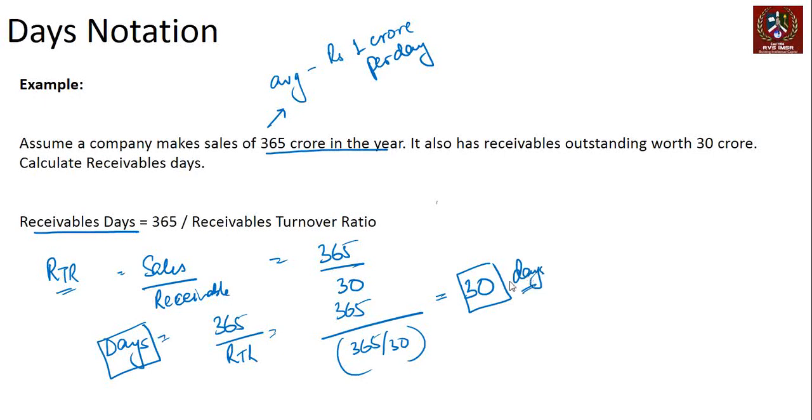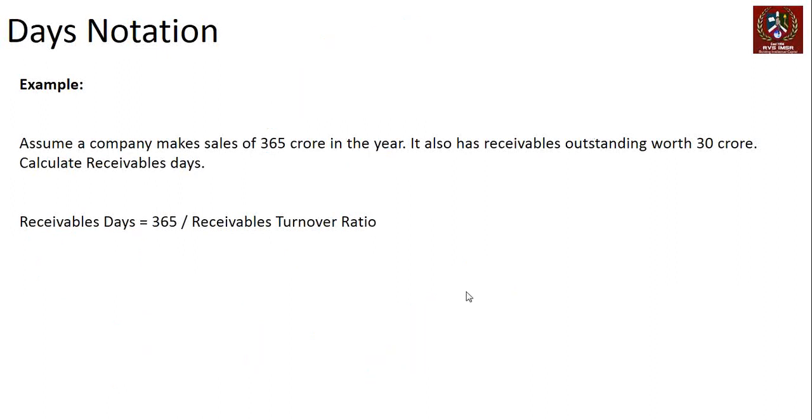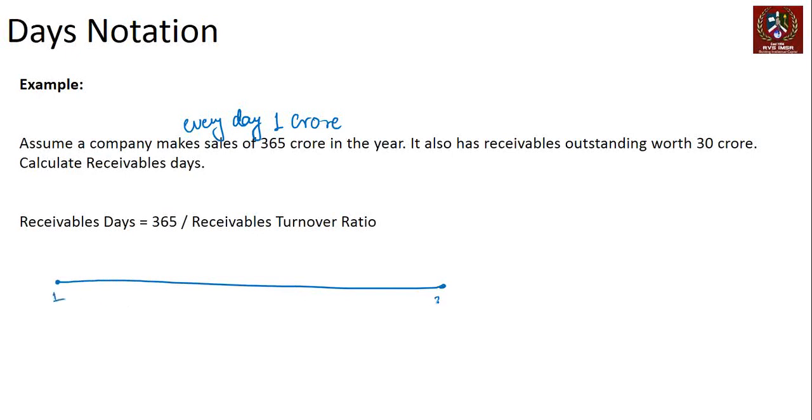Now let's conceptually understand this entire premise in terms of how it probably looks, in terms of when the company sells the stuff and when they receive the money. For that, we are saying that every day the company is selling stuff worth 1 crore, right? Every day on average, the company is selling stuff worth 1 crore. So they sell something on day one, and let's say this is day one and this is day 365, right? At the end of the year, 30 crore is outstanding. So what must be